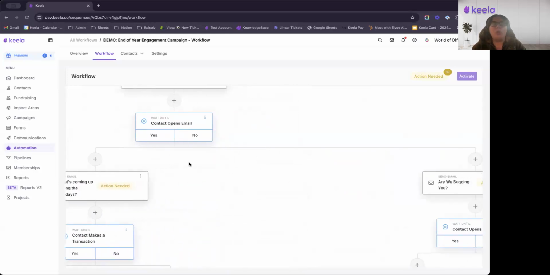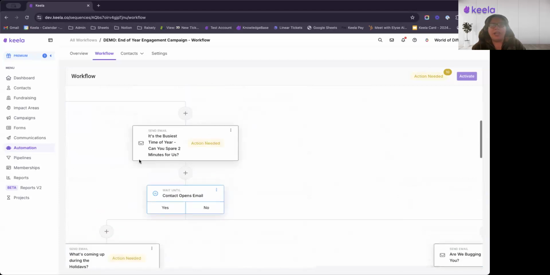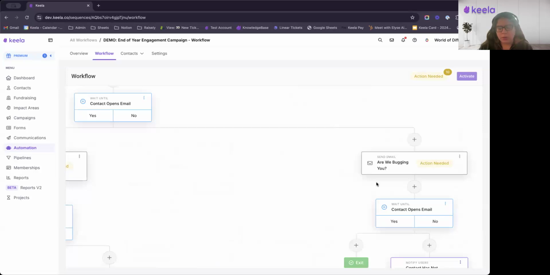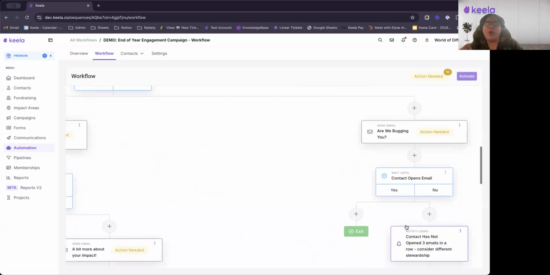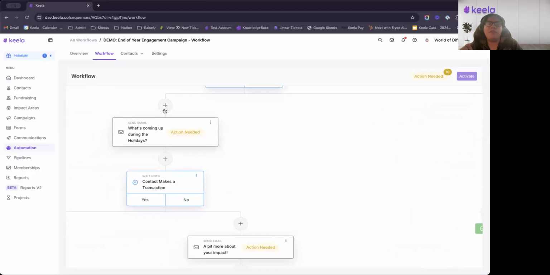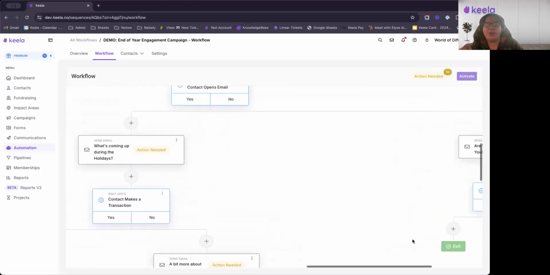What happens if they don't open our can you spare 2 minutes email? Let's ask them, are we bugging you? Let's see if they open this email. If they do open this email, I'm going to show you how to duplicate something over. So if they open this email, we can then start duplicating over all of the content that we've already created,